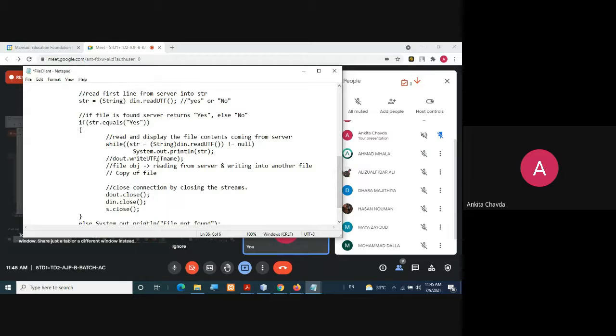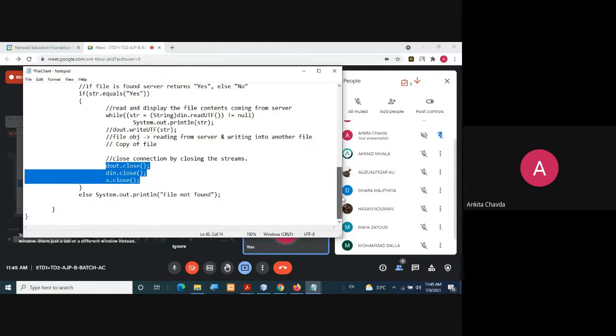You have to create that file object here. Suppose an input stream, output stream, you create the object of it, and you will write str here. I hope you are getting what you need to do. And finally, we are closing all the connections.